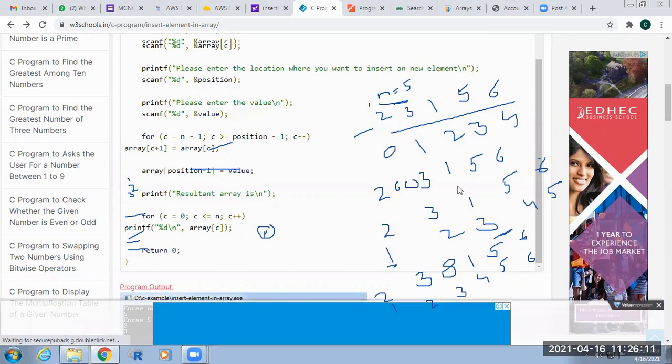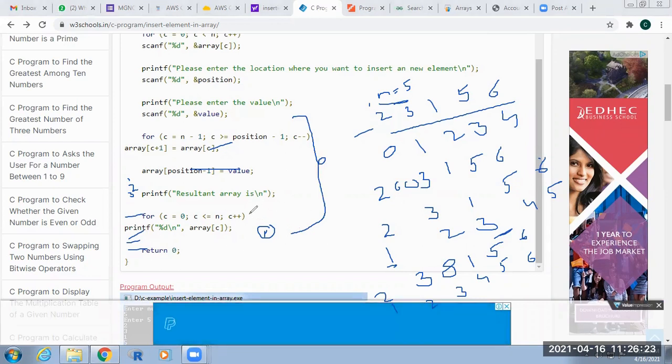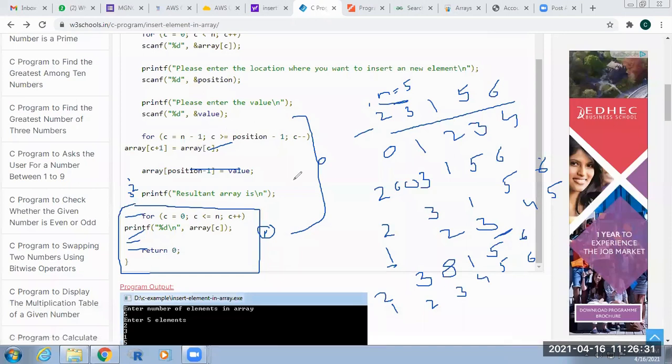So in that position you have to insert. For that purpose you are using the loop here. So on that position you store the value. Okay, then print the array. So this is for the printing purpose. This is the overall elements after insertion. In that position you have to store the data. For that purpose we are using this loop for inserting the element in that position. After that you can print the elements, then the elements will be printed.